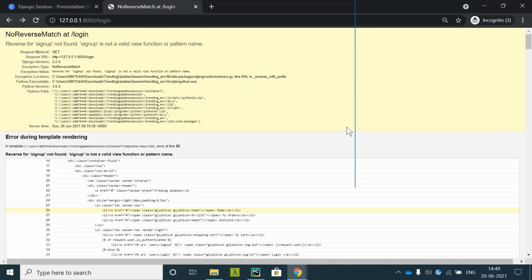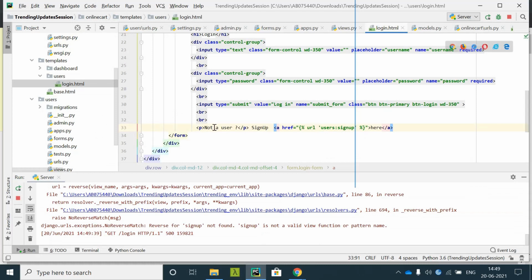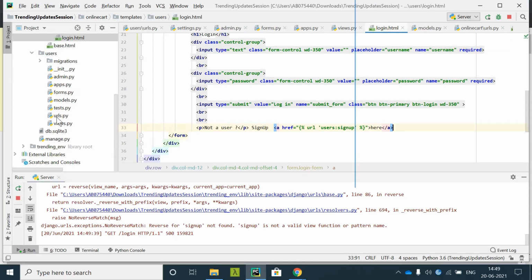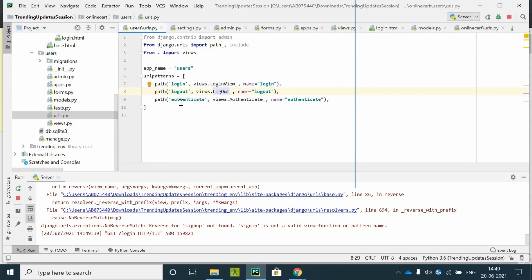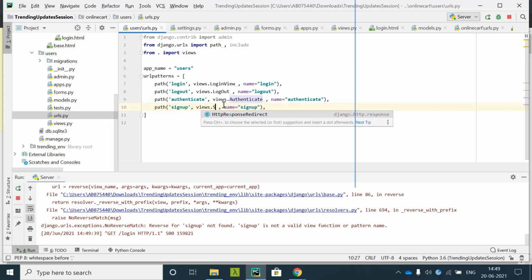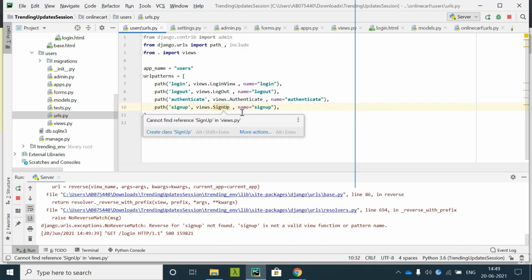Now it will throw me an error because I don't have a sign up view available. So I will go to the users URL section and add one more: sign up, and sign up, and sign up.